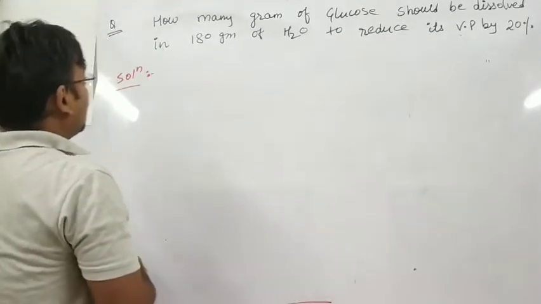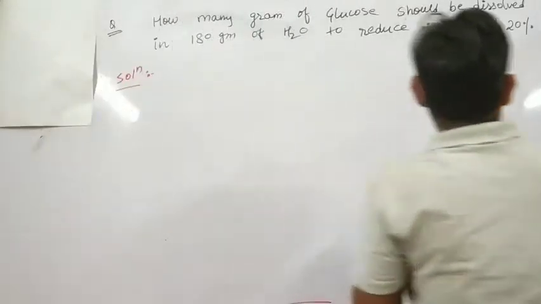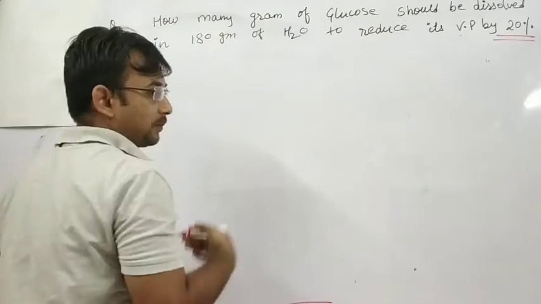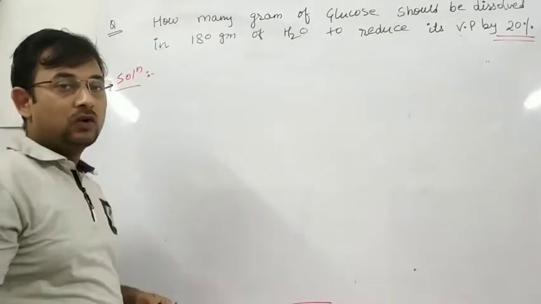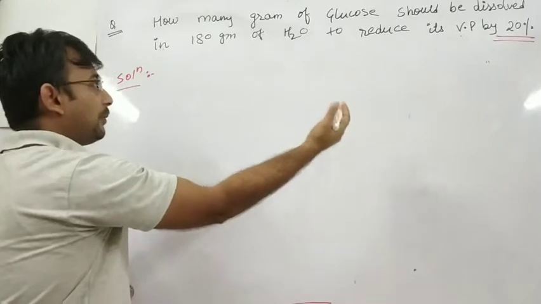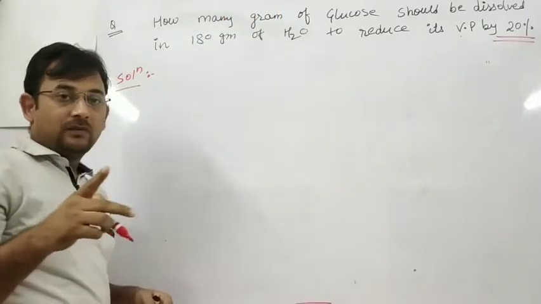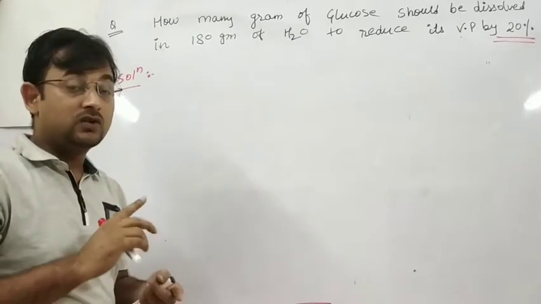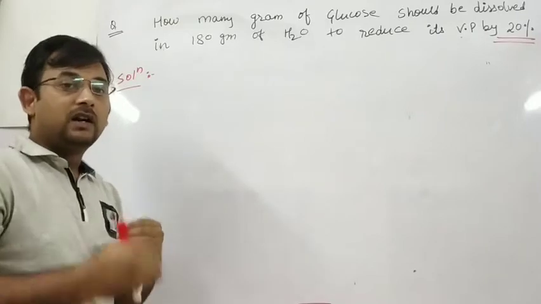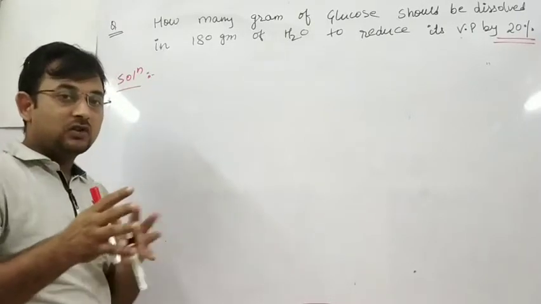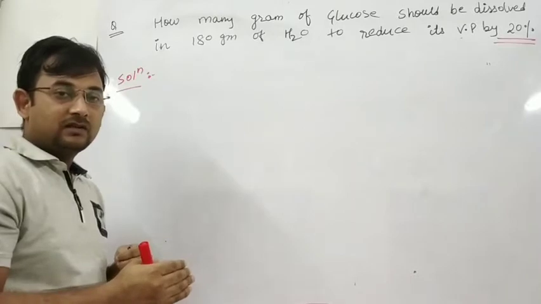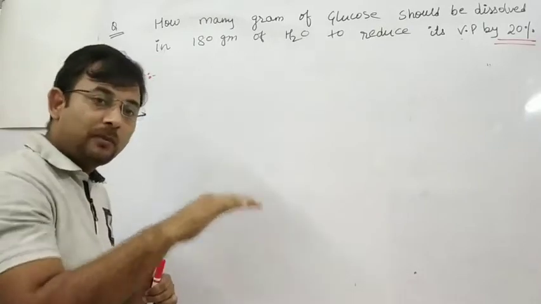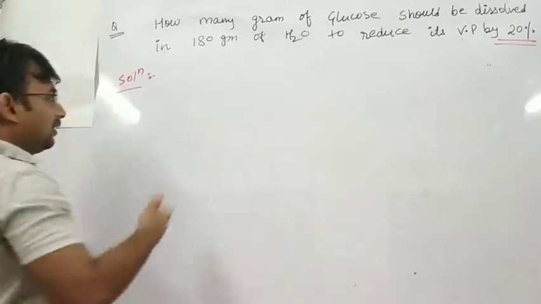So here, in the question it is mentioned that vapor pressure is lowered by 20%. I told you already, whenever we come across a percentage type of question, percent means out of 100. In the previous lecture also I told you that we have to take care of reduced by 20% or reduced to 20%. इन सब चीजों में डिफरेंस है. Reduced to 20% means it is decreased by 80, and reduced by 20% means it is decreased up to 80. ये सब चीजें थोड़ी बेसिक चीजें ध्यान रखना है.